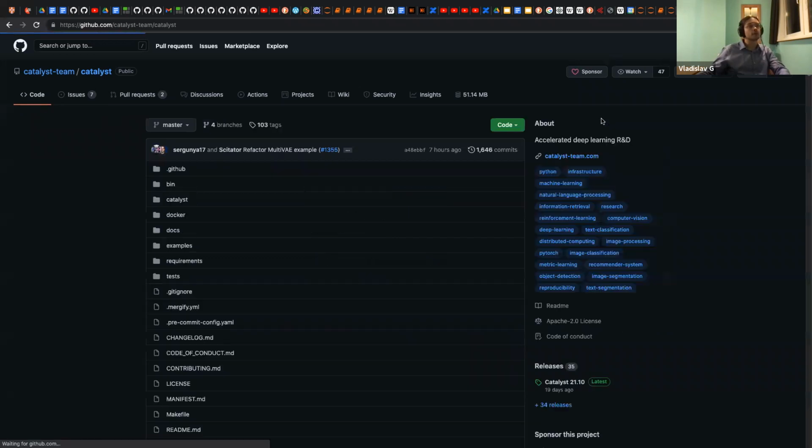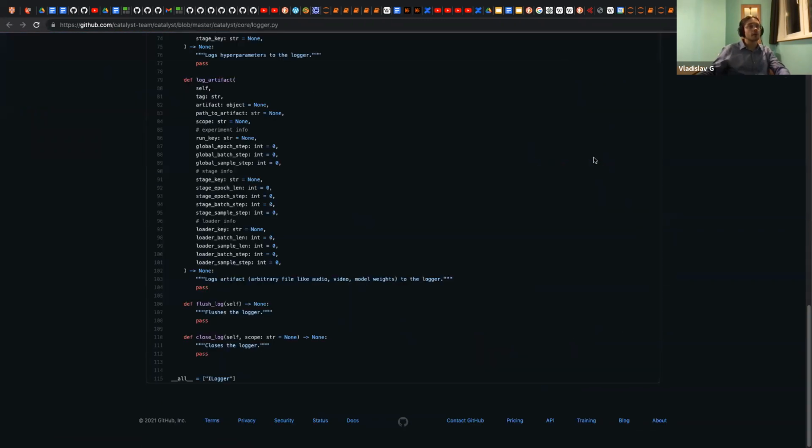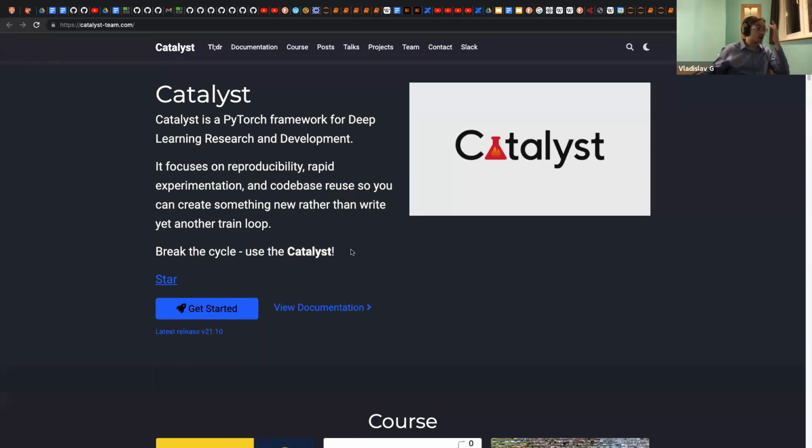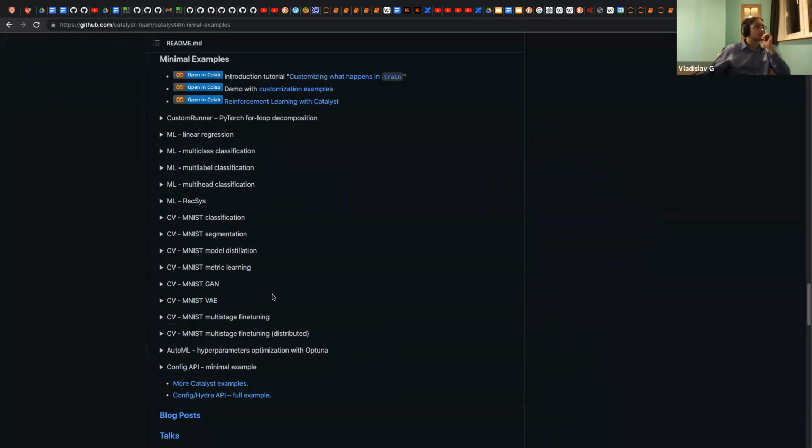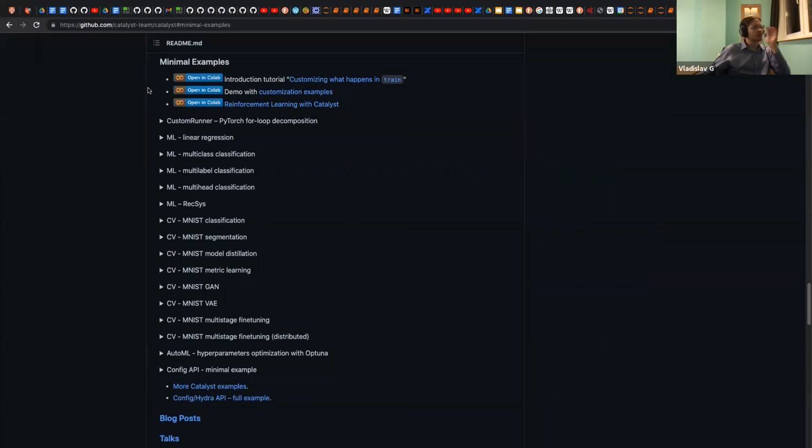Yeah, documentation is stored here at the side. Yeah, it became more user-friendly some time ago, and the documentation is very similar to PyTorch documentation. They use the same style sheet, and okay, for example, my lovely part here is minimal examples.